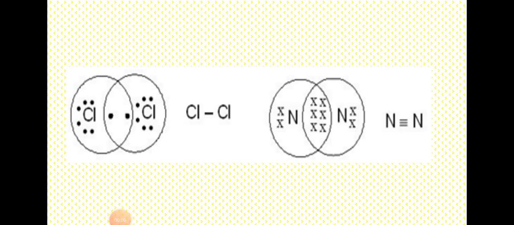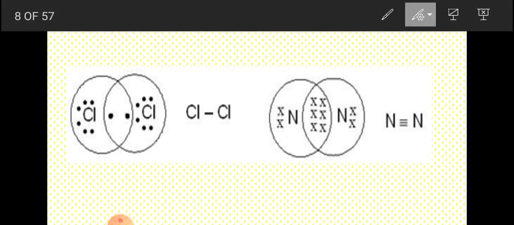Hello dear students, let's move on to a new topic: covalency, variable valency and maximum covalency. Try to understand what is covalency. Covalency of an atom is equal to the number of covalent bonds formed with other atoms. And one more definition: covalency of an atom is equal to the number of electron pairs shared with the combining atoms.